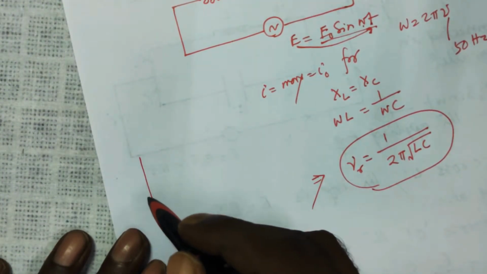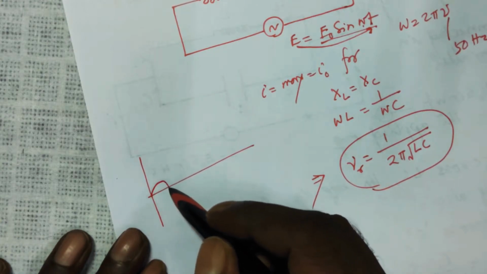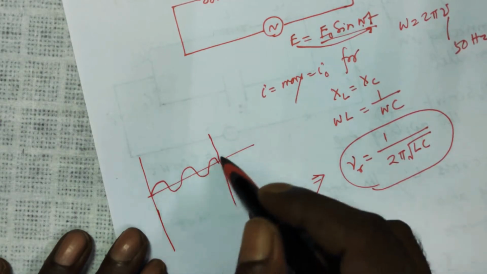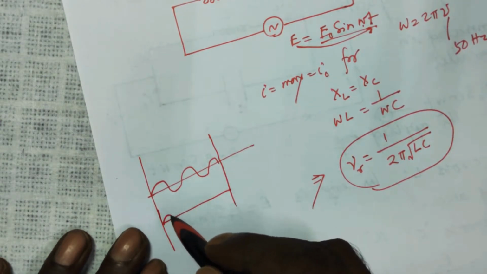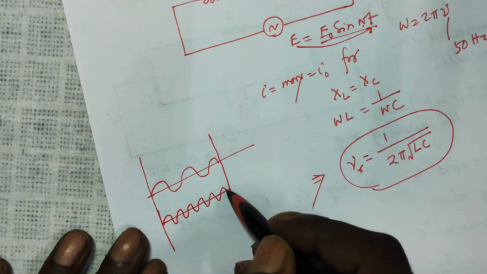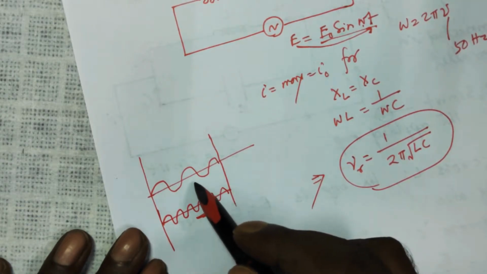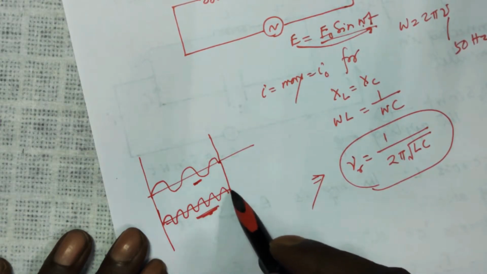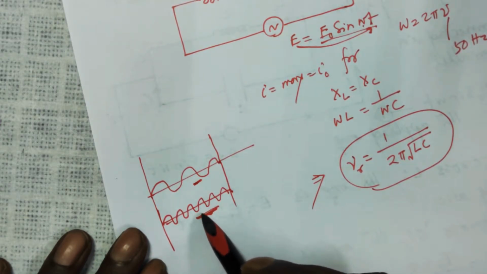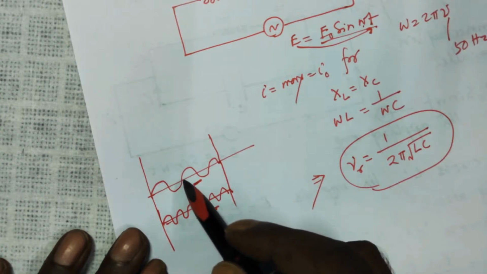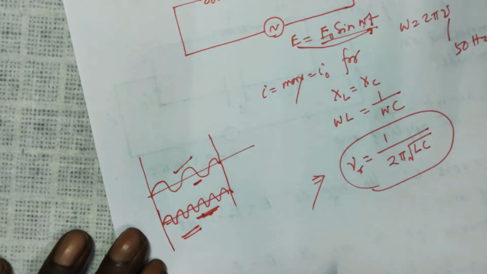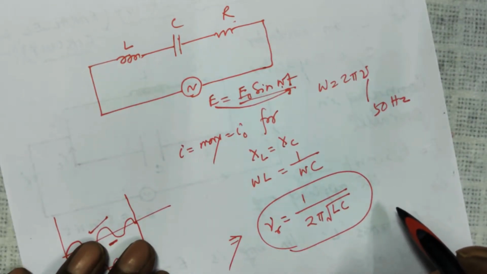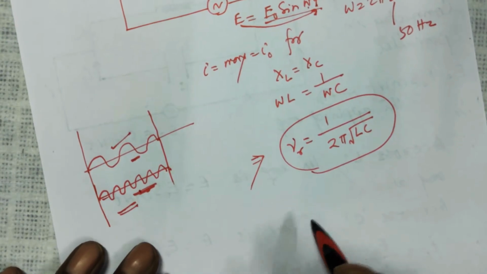For example, if you look at this diagram and compare this with this diagram, here the frequency is more, here it is less. In the same time, the number of vibrations or waves associated here is more, here it is less. This is called more frequency, this is less frequency. And in India it was 50, and here I had explained to you the impedance also.